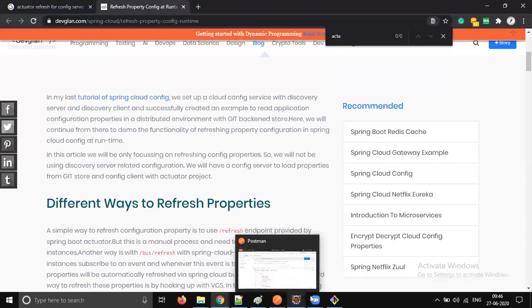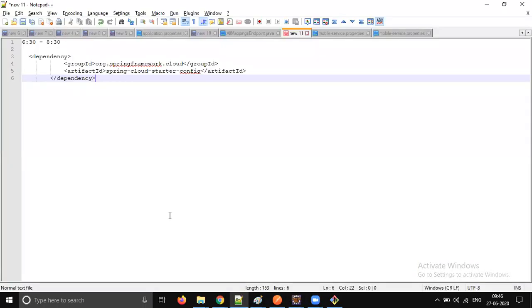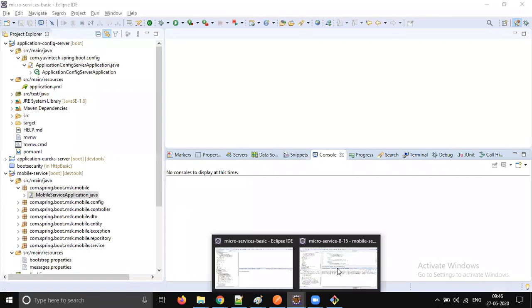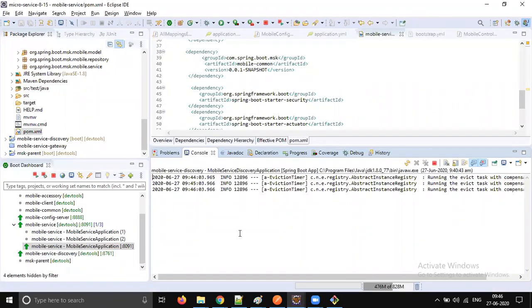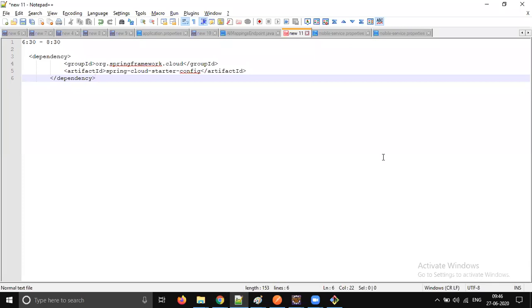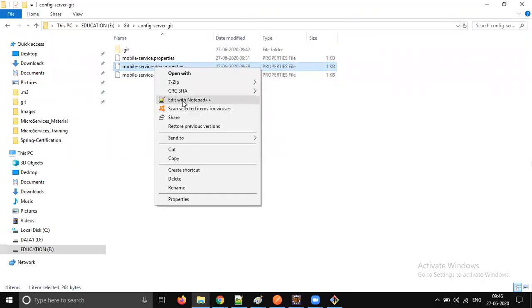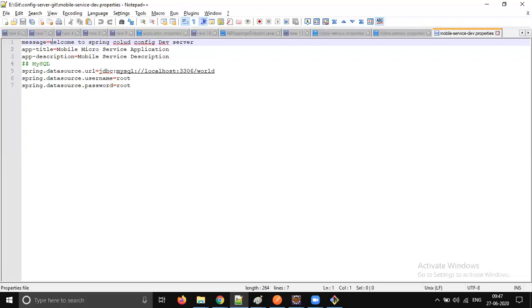So till now, any change we are doing, we are restarting the server, right? Then it is not the real benefit. We're not supposed to do it. And what should we do? We should go to this particular part, our Git repository, for example where you have dev. So let's change this message. Welcome to Spring Cloud Config Server. So let's say welcome to Spring.